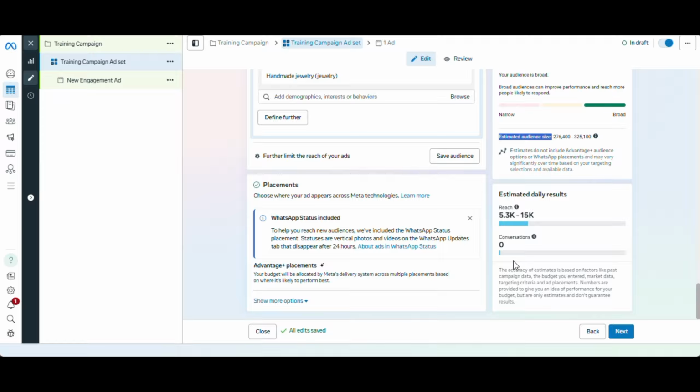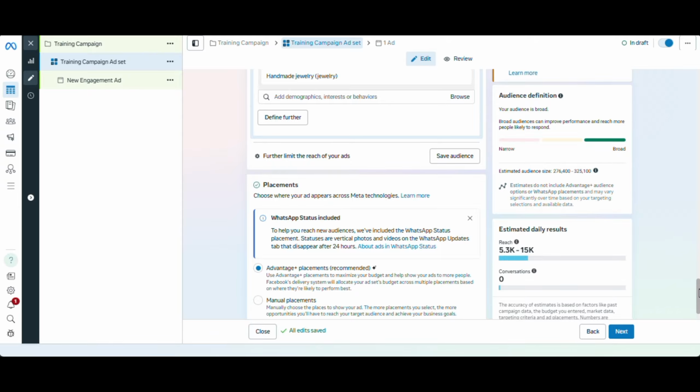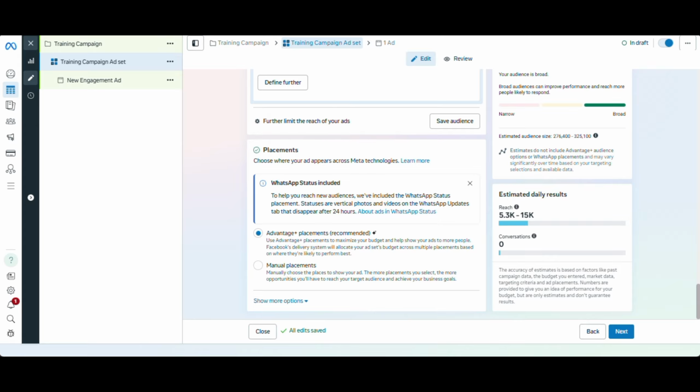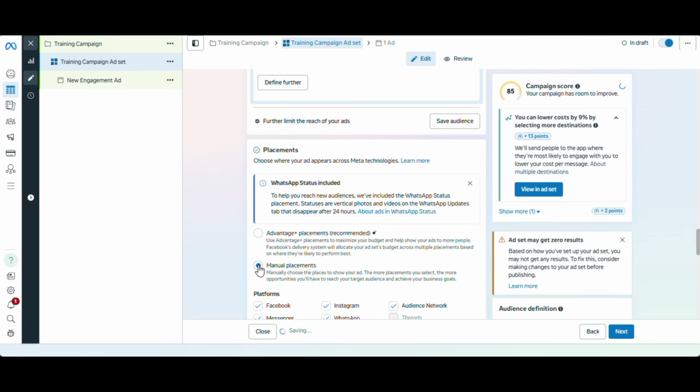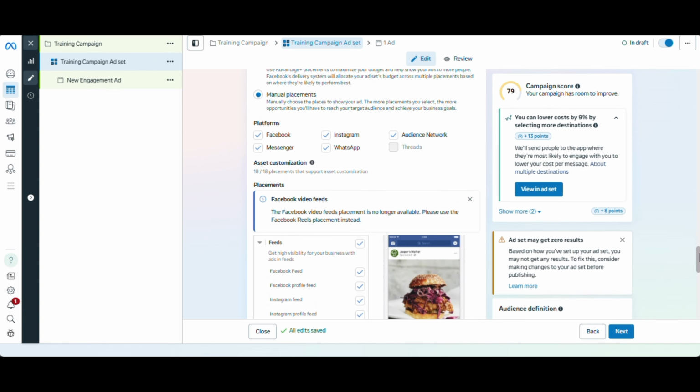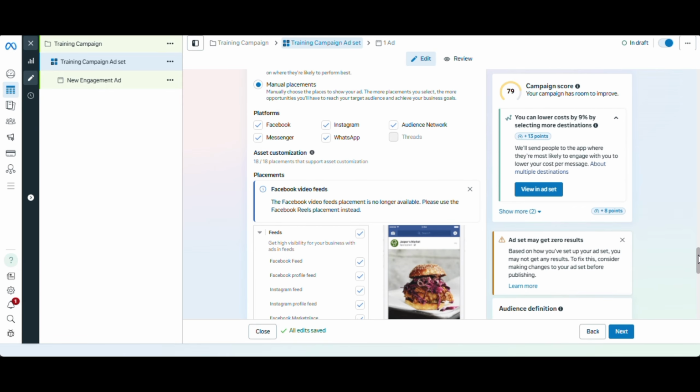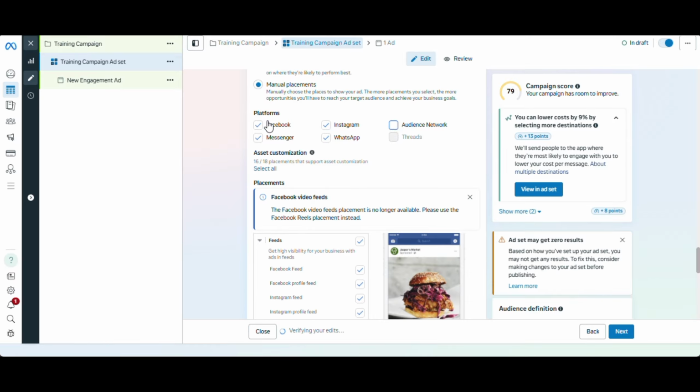So come down here. The next thing you want to do is this. Under placement, if I hover, you will see edit. Click on edit. Now you can see that Advantage Plus placement is recommended. But let's say we want to use manual. Sometimes the recommended tool can actually deliver a great result for you, but it depends on what you prefer. You can choose to rely on the algorithm, or you can work on other things yourself. Now, for this particular one, we don't want our adverts